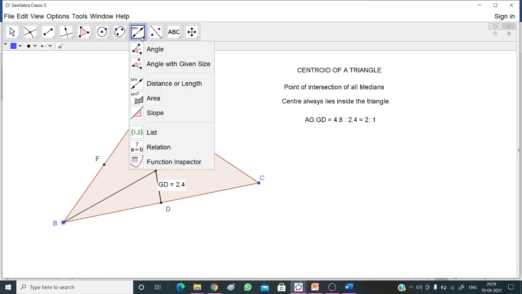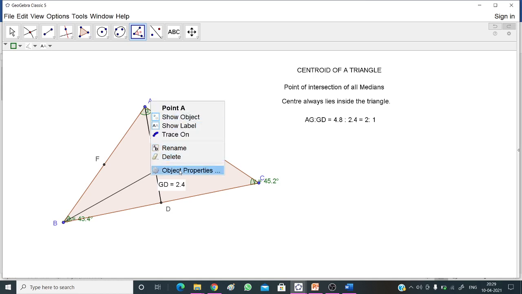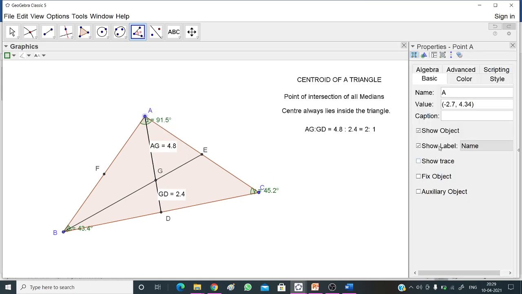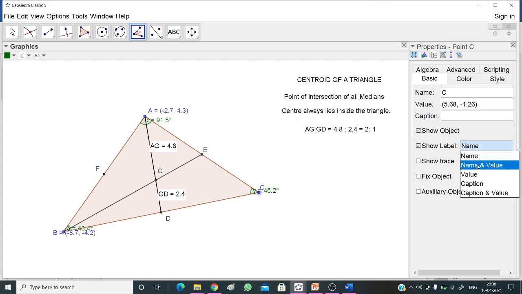Take the interior angles, click on point A, in object properties, in label choose name and value. Similarly click on B, object properties, name and value, and at C, object properties, name and value.